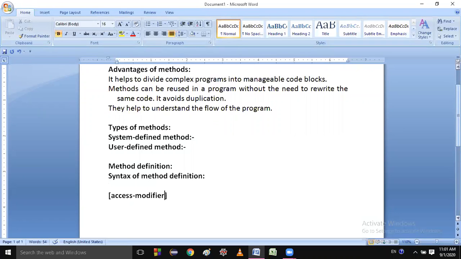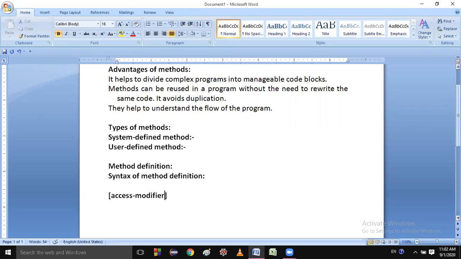Students, these are optional. That means you can write the access modifier or you cannot. If you don't write it, which type of access modifier it will take, we will discuss when I discuss access modifiers. But you should know in Java there are 4 types of access modifiers: public, protected, private, and default.